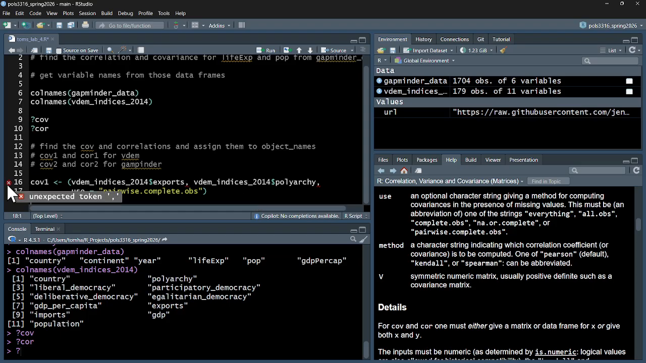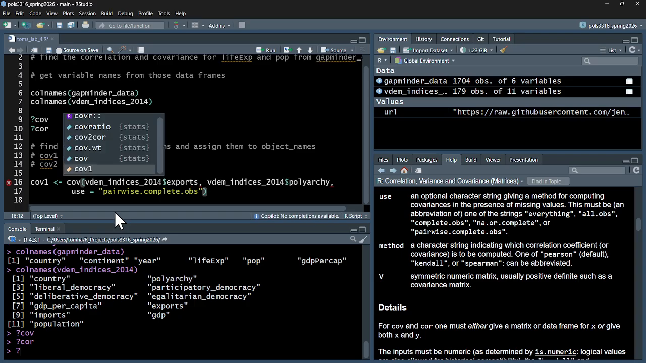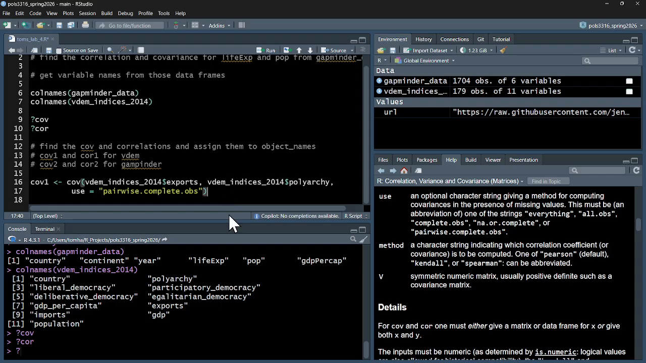Except I'm not going to move on because I have made a typo. There is an unexpected comma. Well, there's an unexpected comma because I didn't type the function name. I just started typing after parentheses. There we go. So covariance. So it's COV1, I use the assignment operator, and then I have to use the COV function. So COV, and then the parentheses, and I find VDEM indices $ exports, VDEM indices $ polyarchy, use equals pairwise